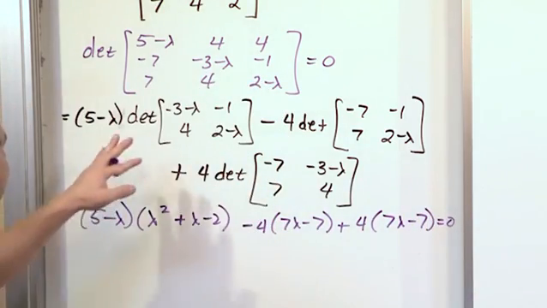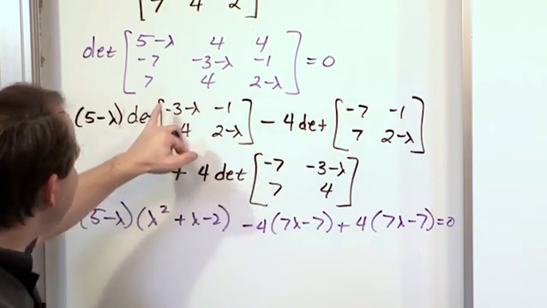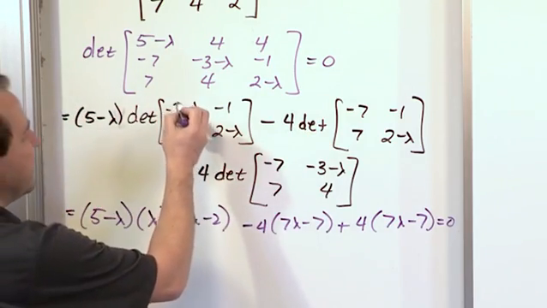Rarely do I skip steps, but in this case I think it really is not very advantageous. I think you can understand that in order to get this determinant, you multiply this